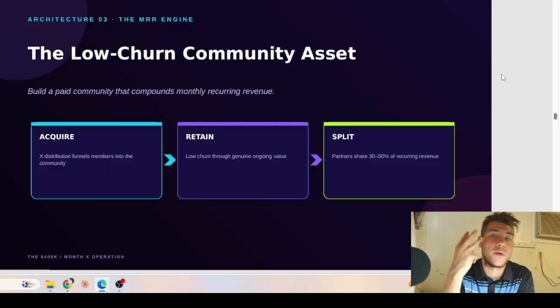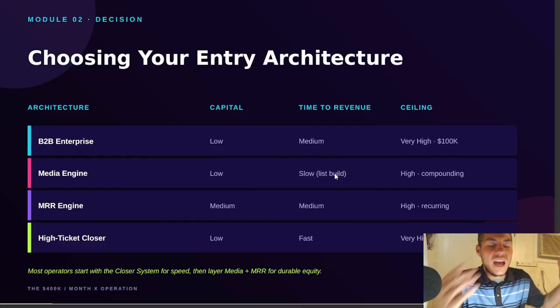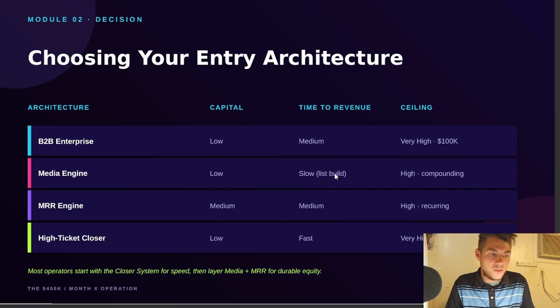All right, method number 3. And the ceiling is high, right? The time to revenue is slow. It's slow because you have to build a list, but it's worth it because it's lower work. To me, I think that it's lower work, especially because of the introverted part, and it's a newsletter, and it's all the same. Once it's set up, it's kind of set up and everything like that.